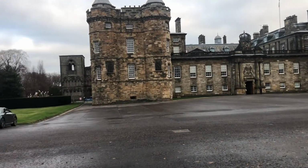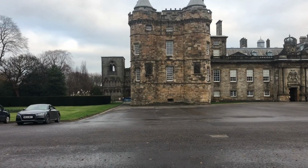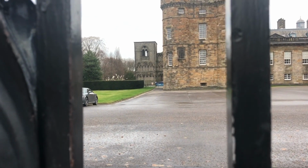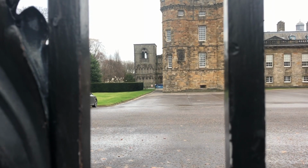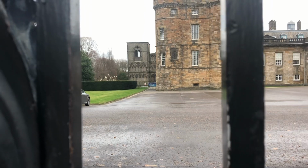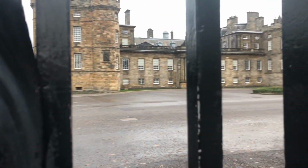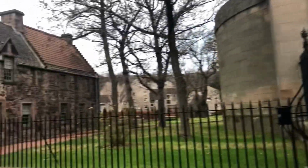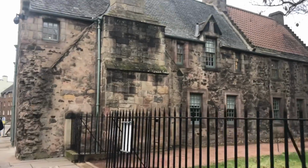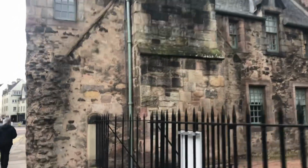So this building, if you look to the left of the building, you'll see the old abbey. Now that dates back to the 1100s and was obliterated by King Henry VIII amongst other people during the rough wooing, and is now completely ruinous. But buried in there are some famous Scottish kings like King James V amongst other people. So this is the side of the Sanctuary House, and I'm going to take you up to a special little building at the bottom of the Canongate,